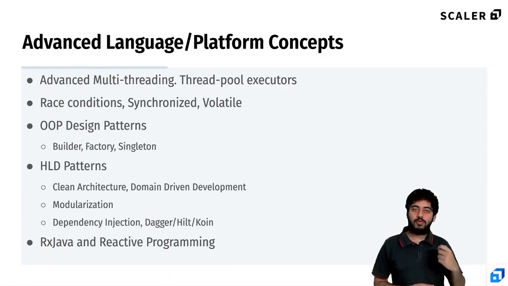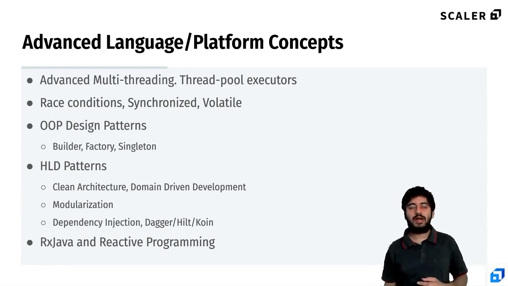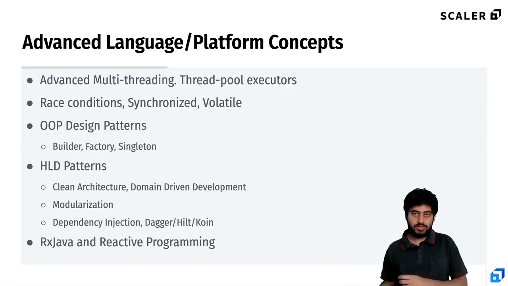And then you have to go a little deeper into the language specific stuff, for Java and Kotlin, like understanding why we need synchronized methods. Synchronized methods are methods whose body can be executed at a time only by one thread. Okay, understanding what volatile variables are: variables whose data could have been changed by a different thread. I'm not getting very deep into these concepts right now in this video, but these are things you need to understand: how race conditions happen, how synchronized and volatile work, why they are used, where they are used.